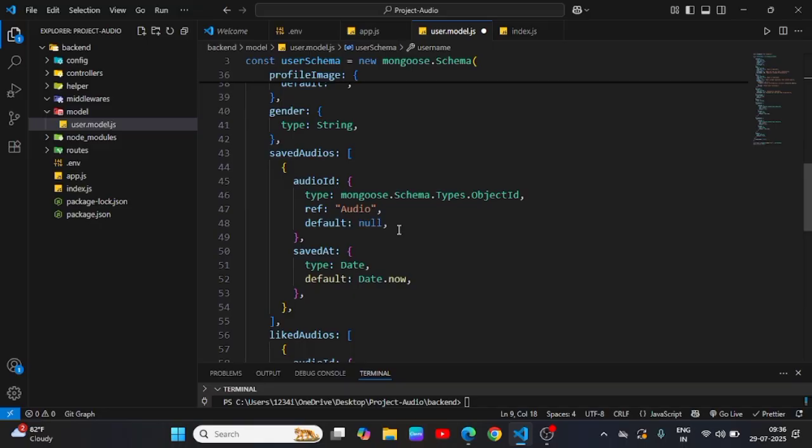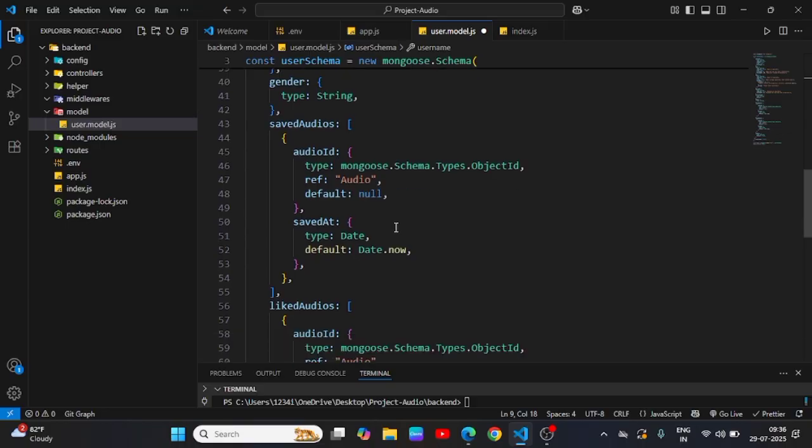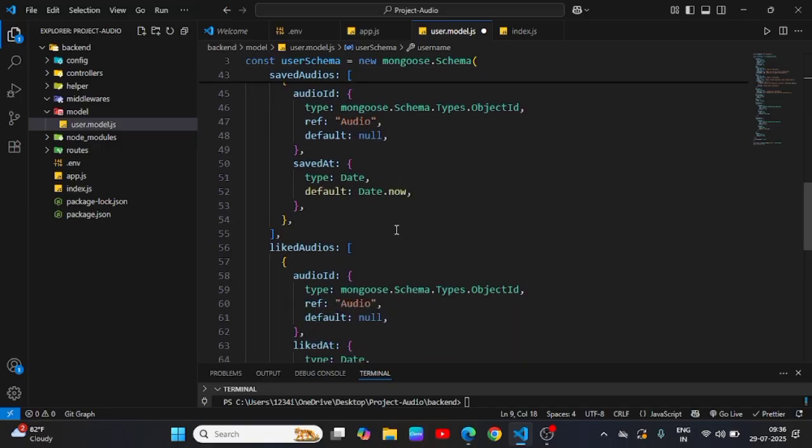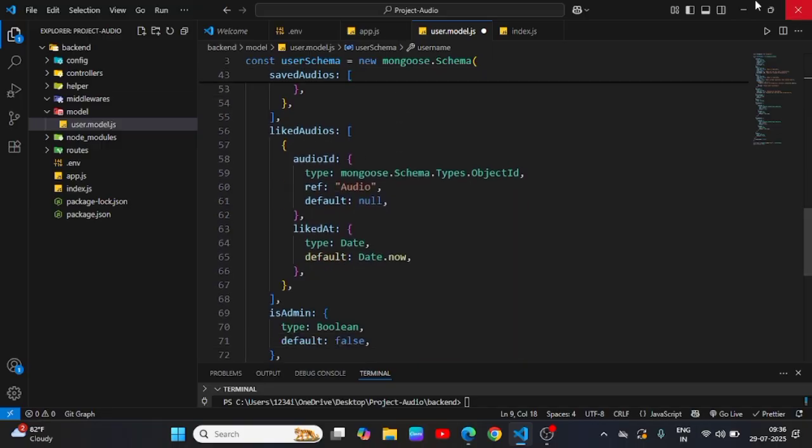Because MongoDB is not a SQL database, it's NoSQL, right? So this way Mongo tracks or refers, right? And then liked audios, so it's an audio ID. Similarly, inside the array, right? So audio, and similarly